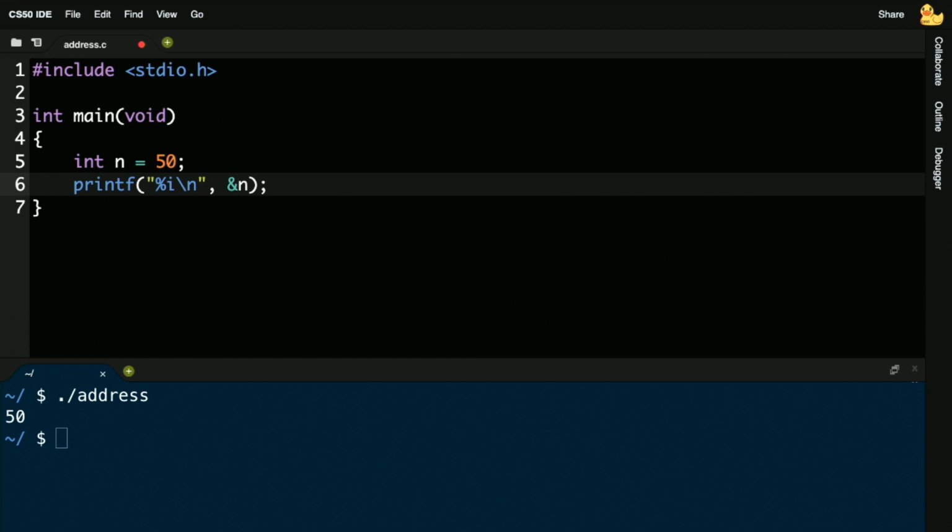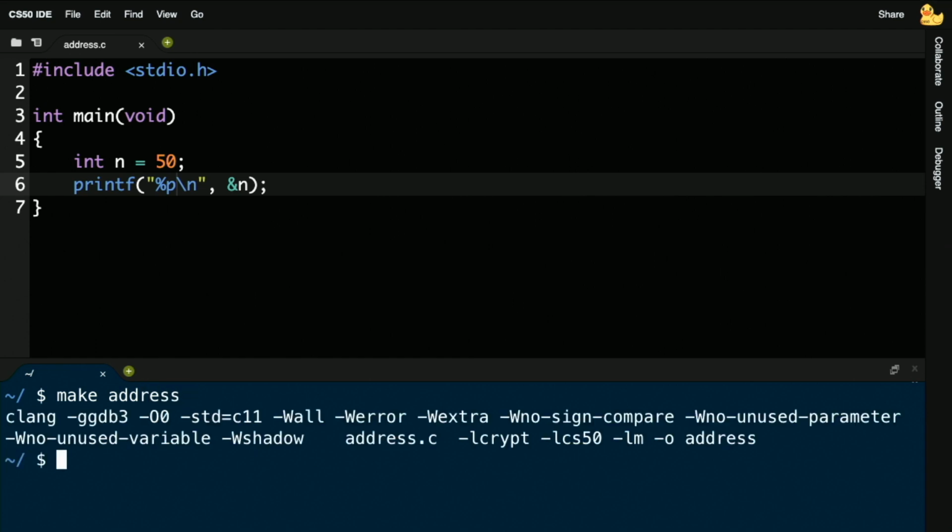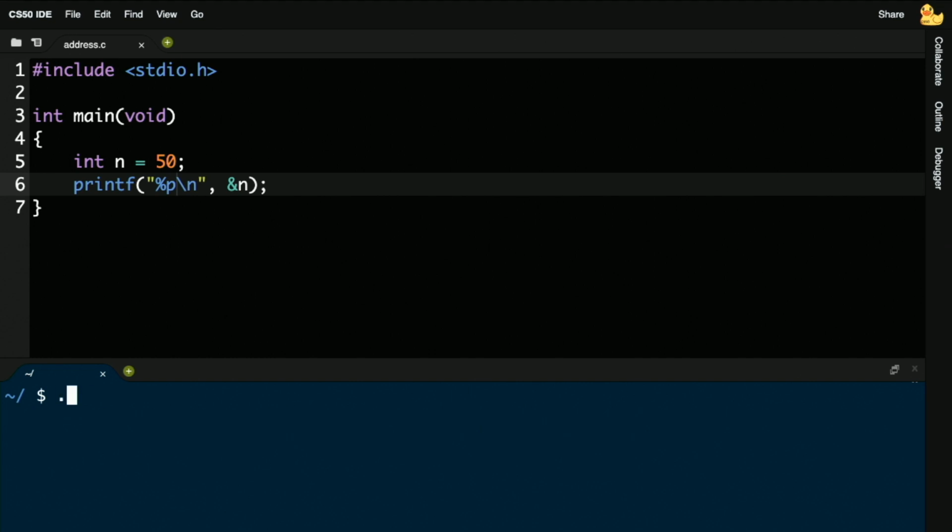And now how do I print out an address? Well, it is just a number, but actually printf supports a different format code for addresses. You can do %p, for reasons we'll soon see, that says to print out the address of this variable and interpret it as hexadecimal, again by convention. So I'm going to go ahead and make address now after only making 2 changes to this file. Everything seems to compile OK. Now I'm going to go ahead and run address, and we will see that in this particular program, address.c, for whatever reason, that variable n ended up at crazy location 0x7fd80792f7c. Now, is that useful?